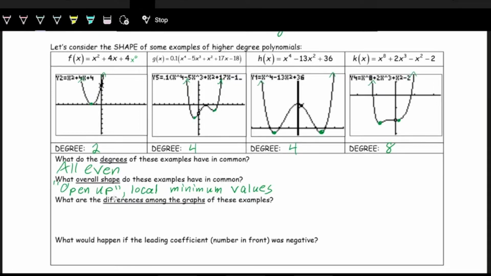So they have different number of minimum values. And then some of them even have maximum values, right? This one has a local maximum value here and a local maximum value here on the third one. And so they have different number of minimums, number of maximums. So let's say the mins and maxes